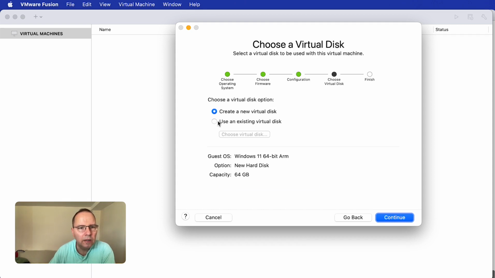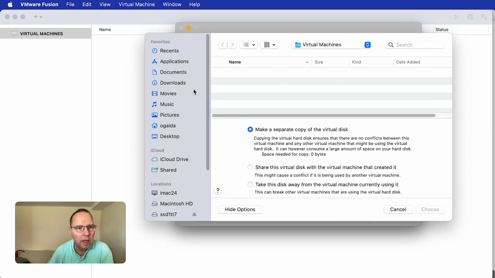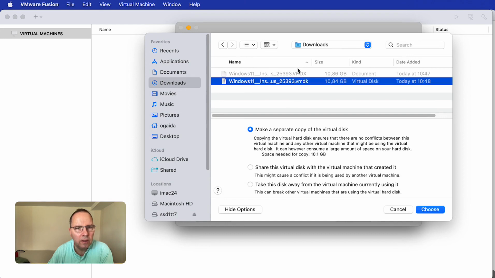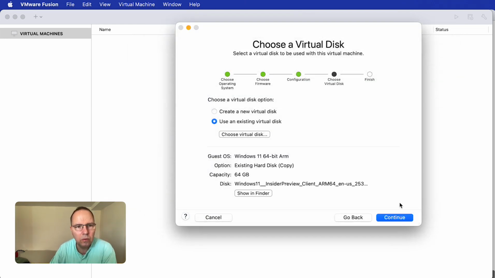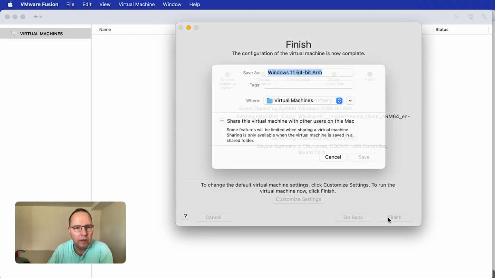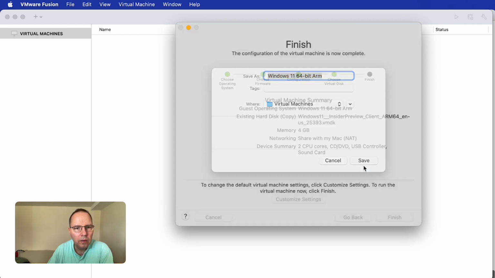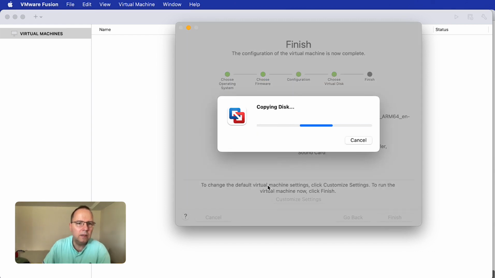Continue. And here I choose the use an existing virtual disk. We have to switch this part here. And then go to the button choose virtual disk. And we go to downloads. And as you can see, I can only choose the VMDK file, which we have created. Then continue, finish. And now it will copy my disk.